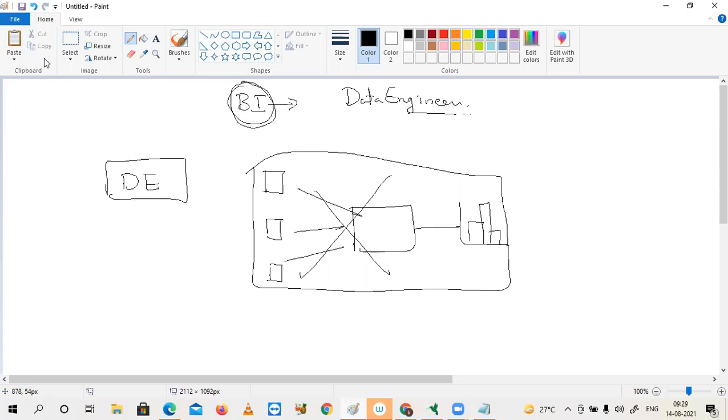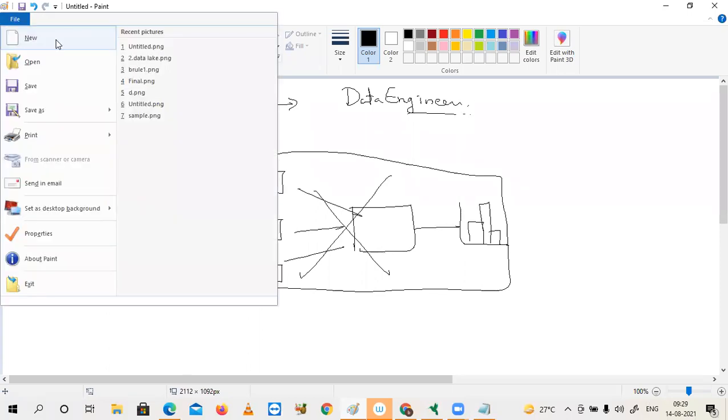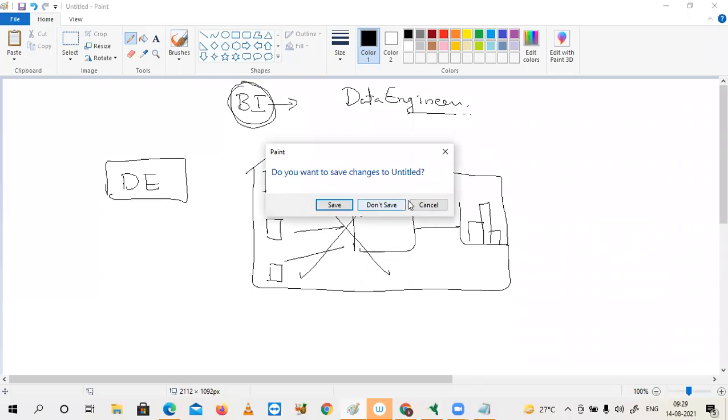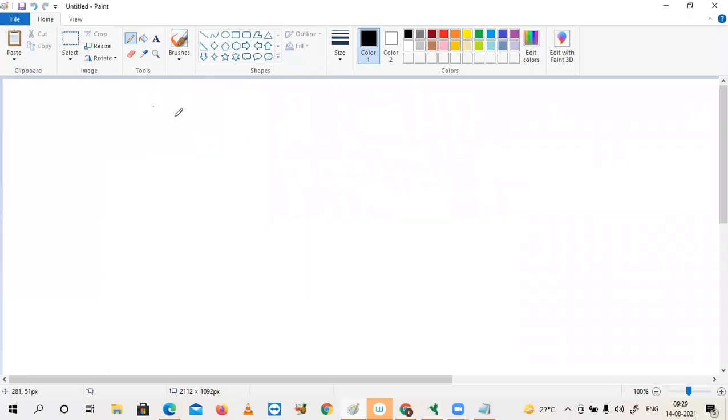Sometimes you need to work coordinatively with data science teams. That means data engineer and data science team, data engineer and BI teams, data engineer with DevOps teams.